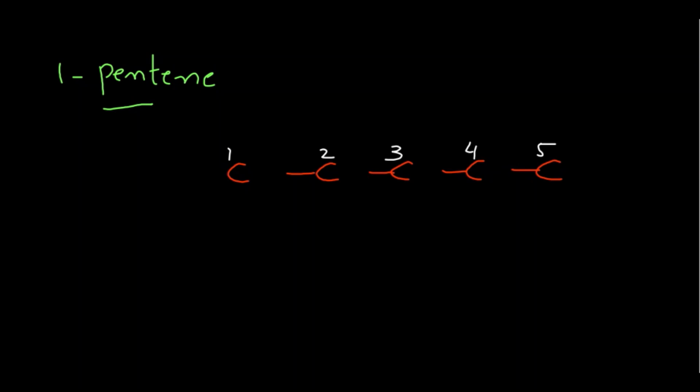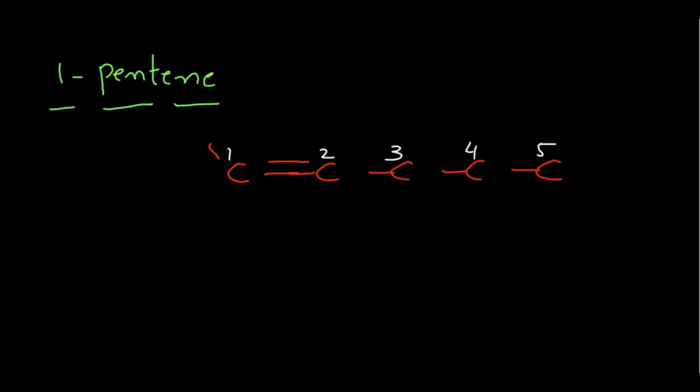Now students, what is the molecule which is given? It is 1-pentene. Pent shows total carbon atoms are 5 and ene shows there is a double bond between two carbon atoms. Now students, we must know what is the position of double bond. It is 1-pentene. 1 shows double bond is present between carbon number 1 and carbon number 2. So we make the double bond here, between carbon number 1 and carbon number 2.